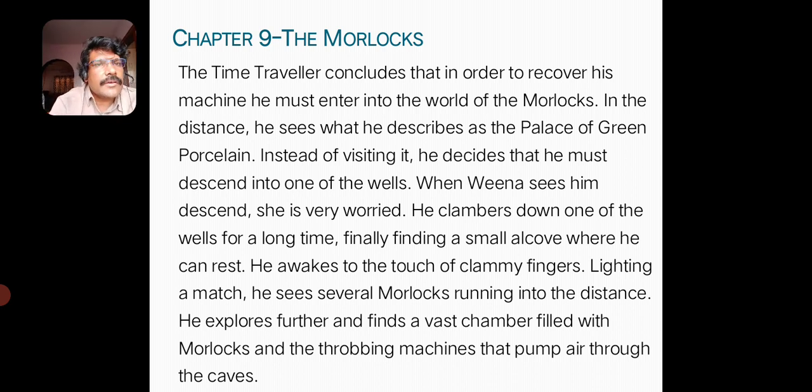The time traveler concludes that in order to recover his machine, he must enter into the world of the Morlocks. In the distance, he sees what he describes as the palace of green porcelain. Instead of visiting it, he decides that he must descend into one of the wells. When Weena sees him descend, she is very worried. He clambers down one of the wells for a long time, finally finding a small alcove where he can